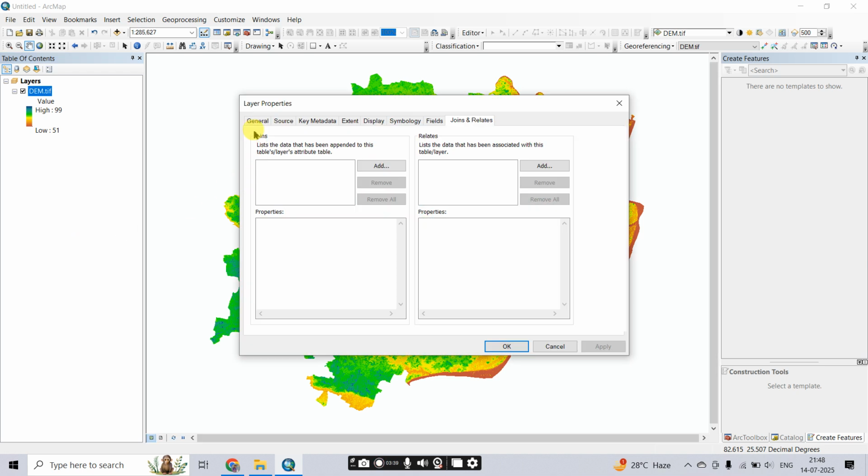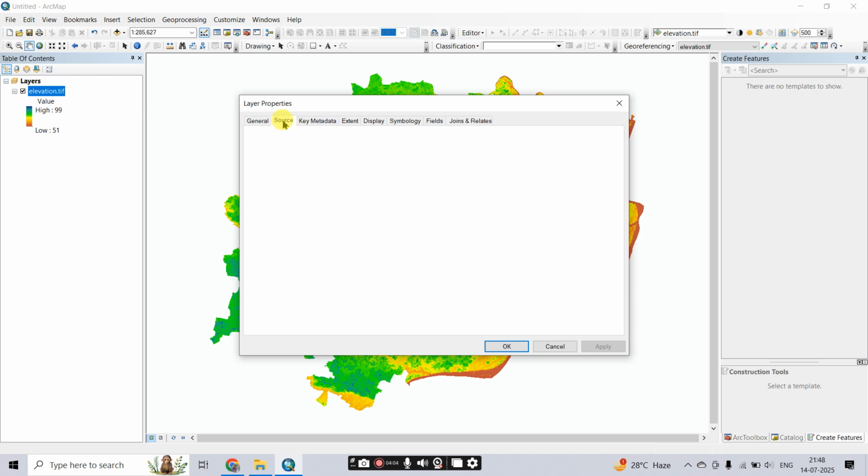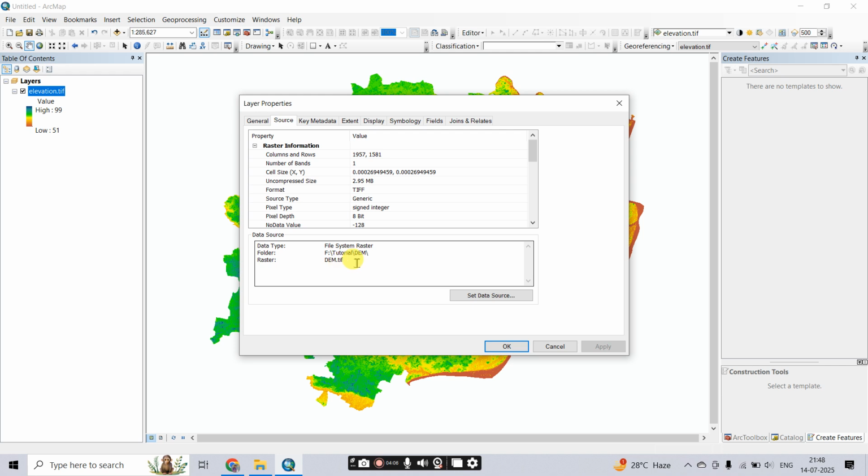Over there you will find different options in Layer Properties. Like the General option, which is the name. If you want to change the name, then simply change the name, like Elevation in my case. Just apply. Look at that, the previous name has changed to Elevation. And then Source means the file option, the file name and where the file is located,